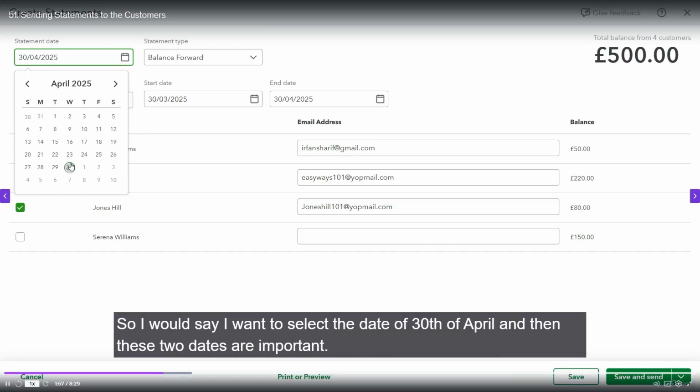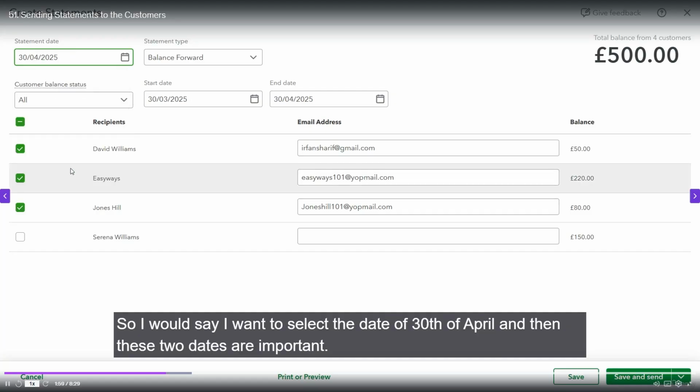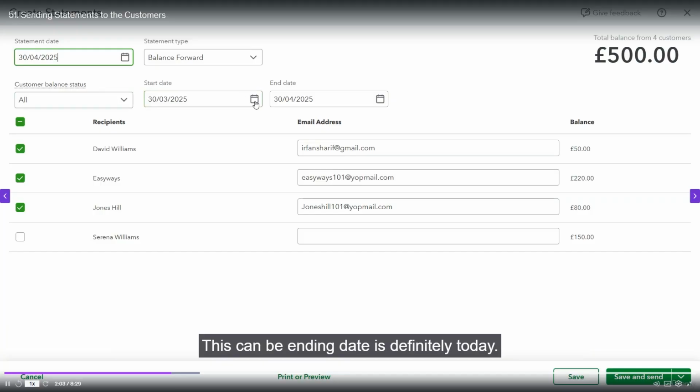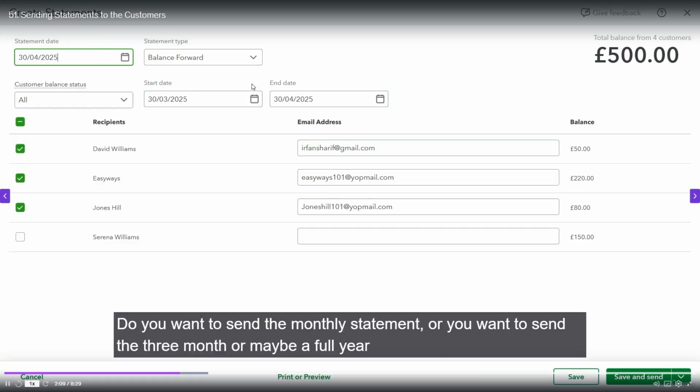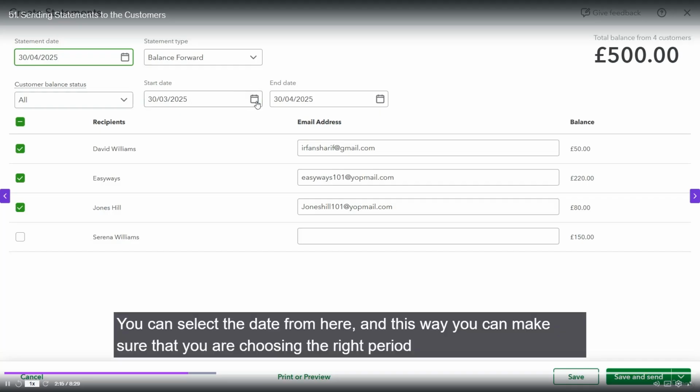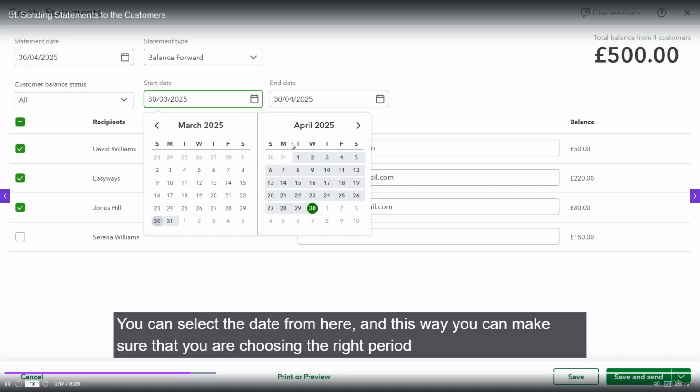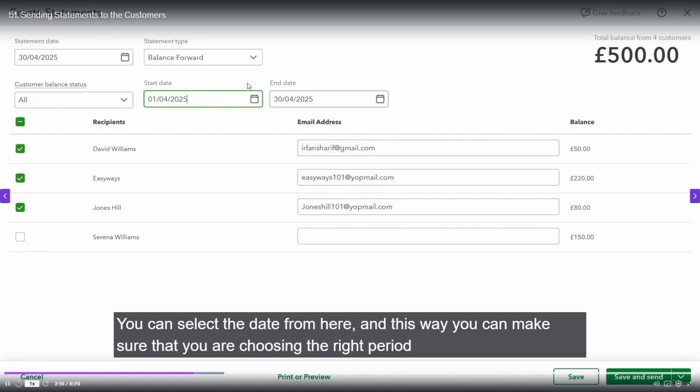So I would say I want to select the date of 30th of April, and then these two dates are important. The ending date is definitely today, this is coming from here, but then the start date. Do you want to send the monthly statement or the 3-month or maybe a full year statement? You can select the date from here, and this way you can make sure that you are choosing the